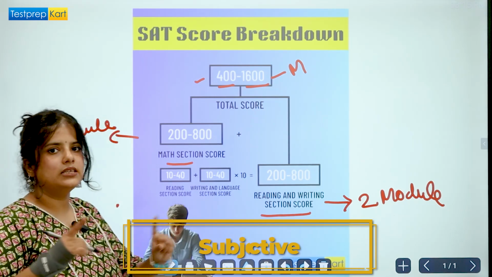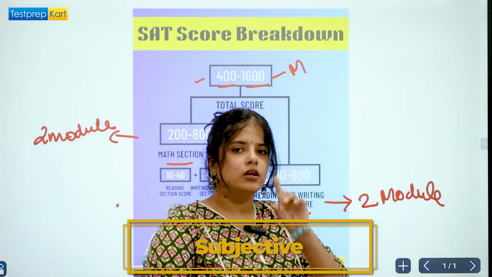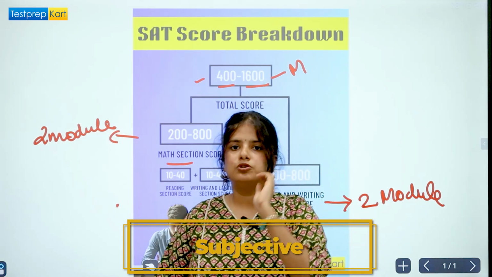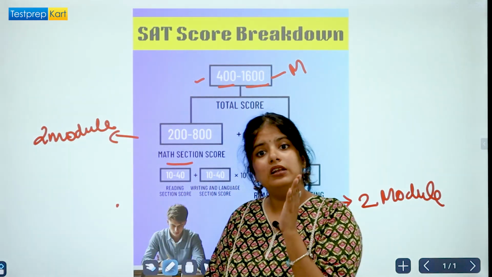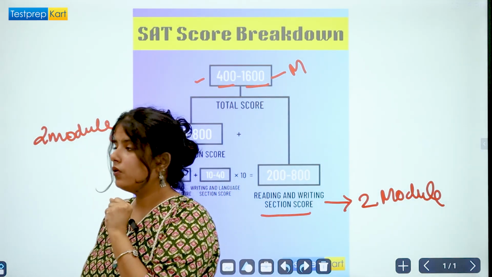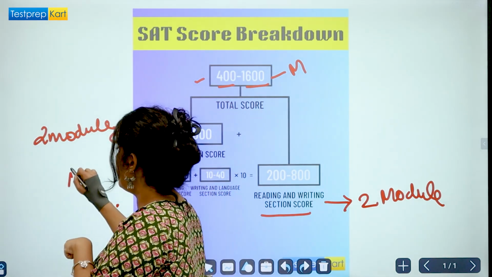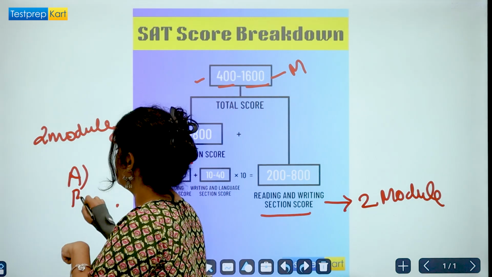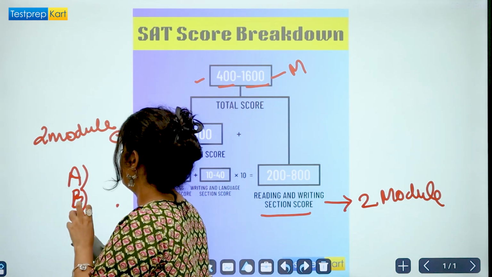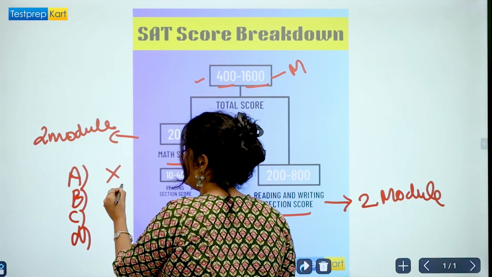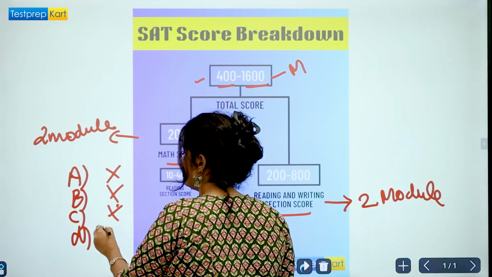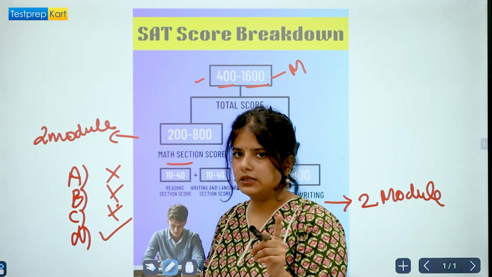And SAT is very objective. What I mean is that only one option is correct and the rest of the three will be incorrect. So for example, if I have four options, three of these options will be incorrect and only one option will be correct.